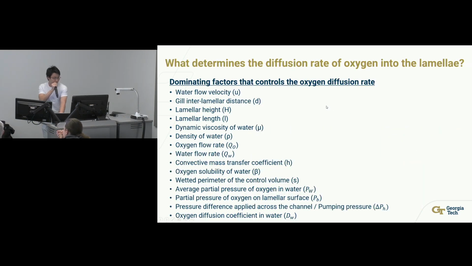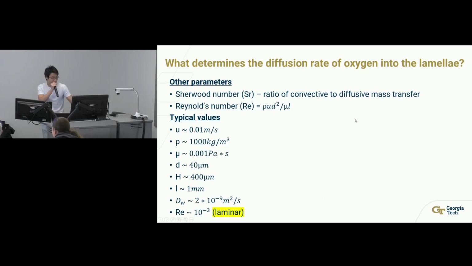Here are some of the parameters we use to formulate the diffusion equations. You can just take a look afterwards if you wish to. Here are some of the other parameters, which include the Stewart number and the Reynolds number. The Reynolds number is defined using the width of the laminar structure, which they call the interlaminar distance, and the length of the channel. And here are some of the typical values of the variables. As we can see, the Reynolds number is around 10 to the negative 3, which indicates laminar flow